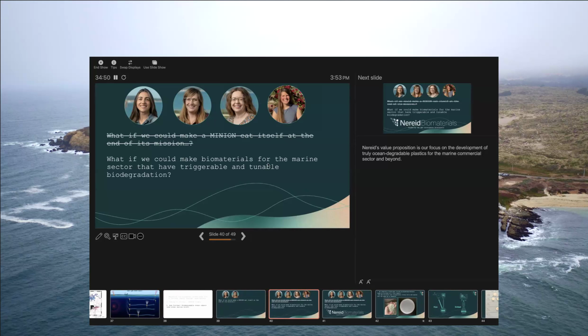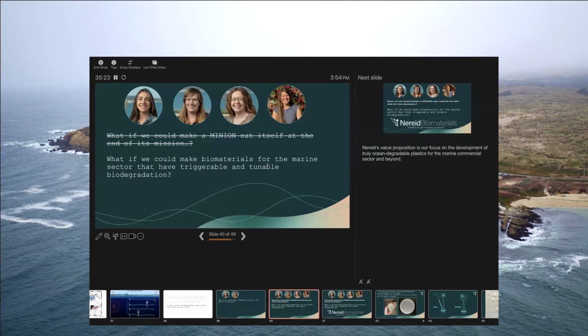But then under this new NSF TIP directorate, there was something called the Convergence Accelerator, which had an emphasis on blue economy relevant stuff. And so we're like, okay, if we're ever going to try to do this, we're just going to try now. And we got some feedback from the program manager immediately that was like, no, we're definitely not going to fund you to solve your problem, making your robots biodegradable. You have to prove that there's more of a market and a broader reach.